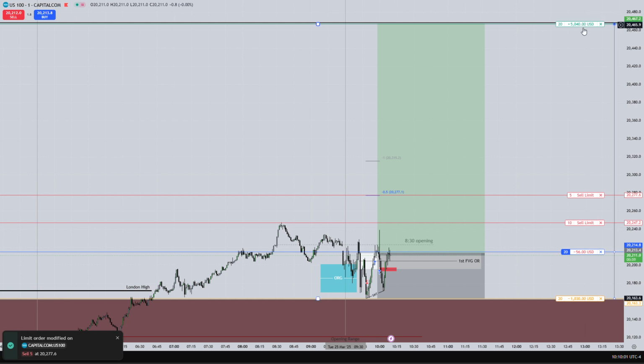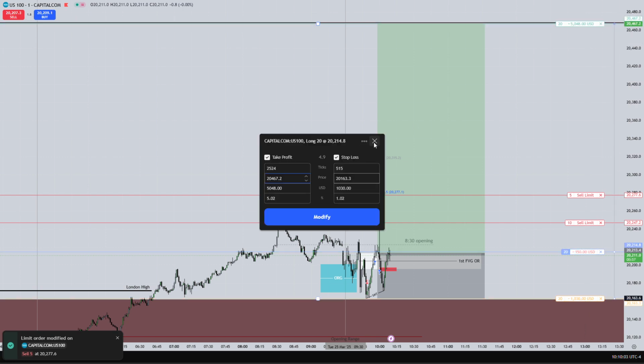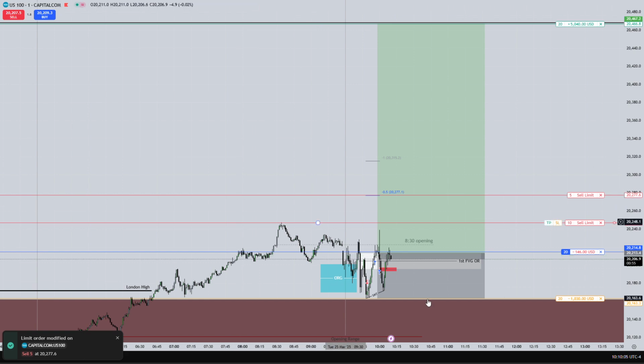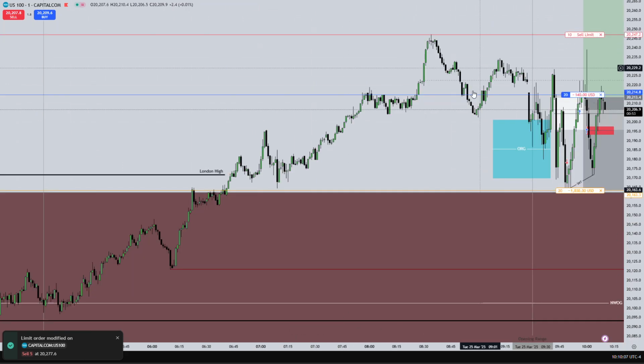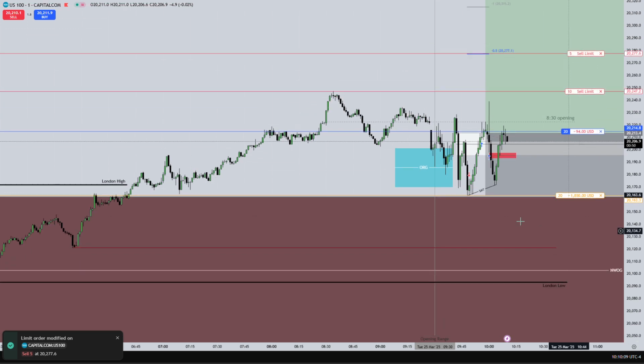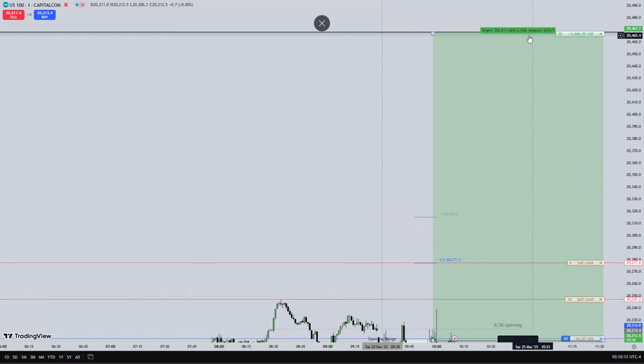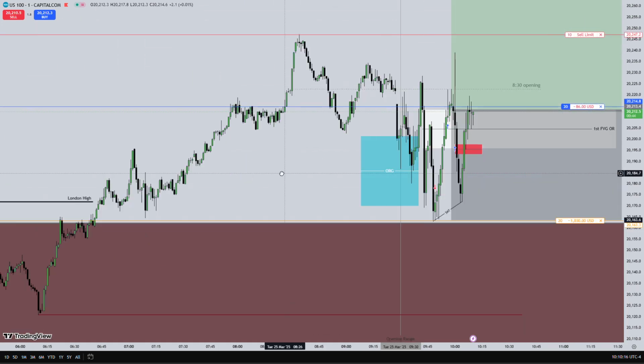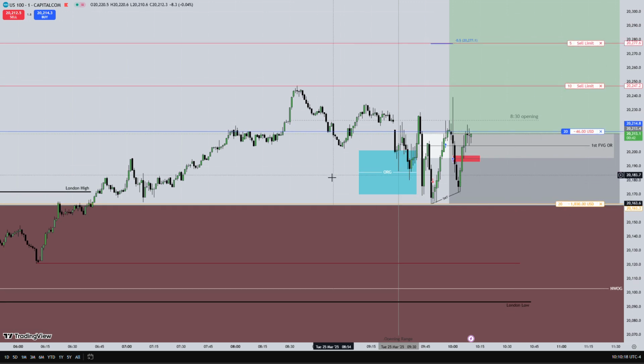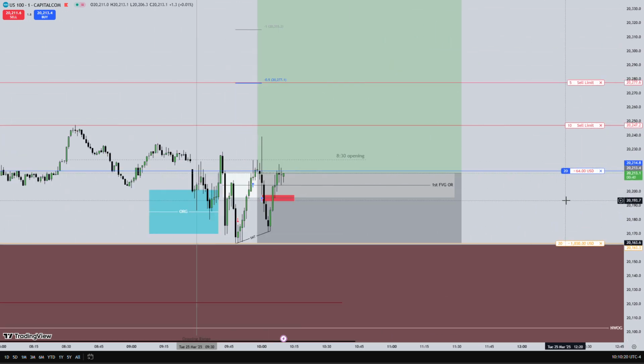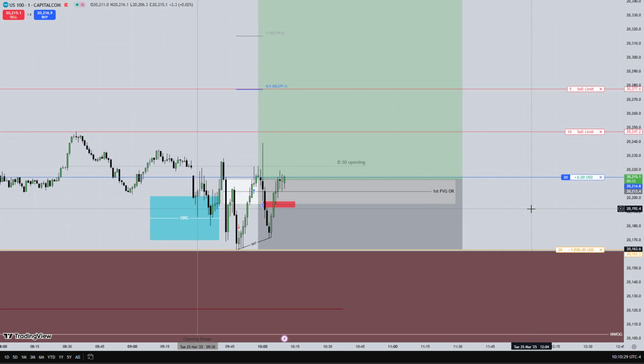and we are going to let the rest, the 5 lots, let the price run higher and take out this buy side liquidity on the 15-minute chart. So let's see what price is doing. In this case I could even move my stop loss below this candle, below the fair value gap, the SIBI,